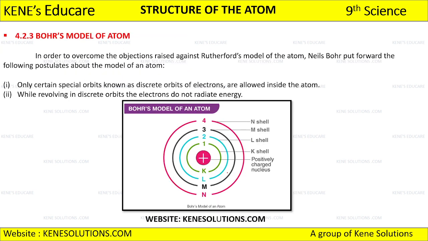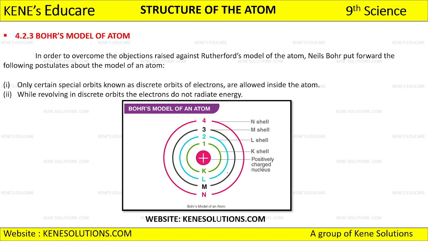Then after that, we will be studying Bohr's model of the atom in detail, where if you can see the figure of Bohr's atomic model, there are 4 different shells placed over there. So the 4 shells in an atom are K shell, L shell, M shell and N shell. Now how many electrons can the K shell have? It can have only 1 electron. L shell can have 2 electrons. M shell can have